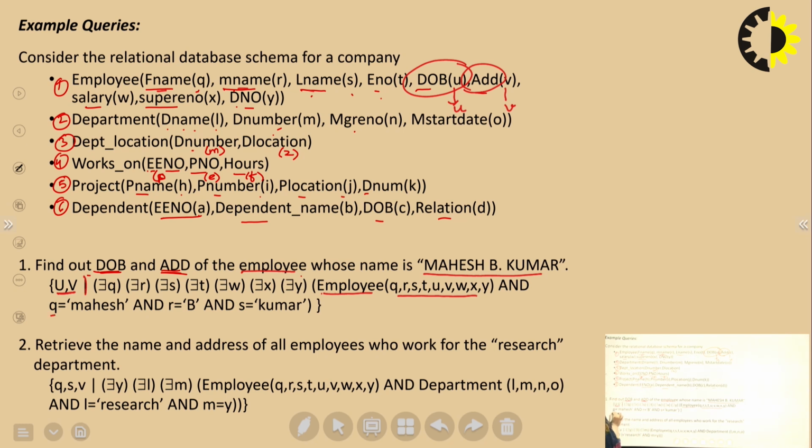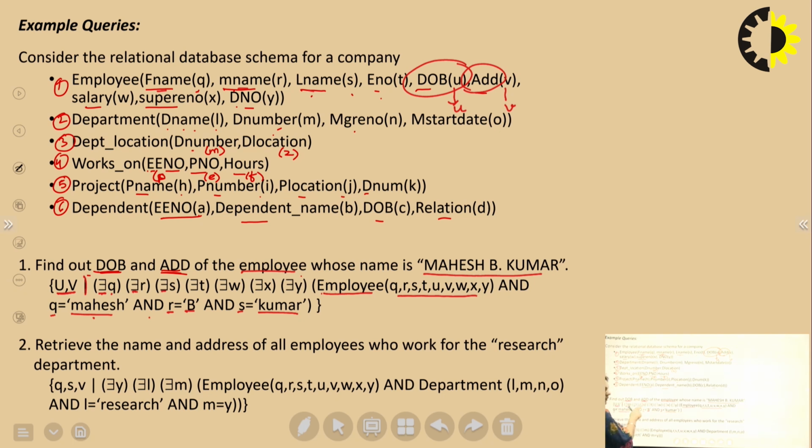So for Q we have to find Mahesh, for R we have to find B, and for S we will take Kumar. Now there will be only one employee whose name is Mahesh Kumar, not another one. So there exists an employee, and we will take the existential quantifier here. There exists Q, there exists R, there exists S, that is Mahesh B. Kumar. Only one employee will be there.